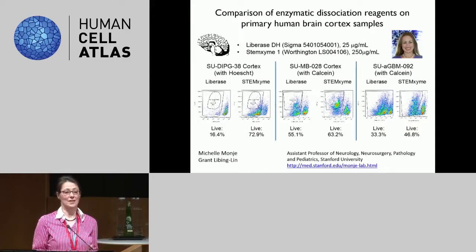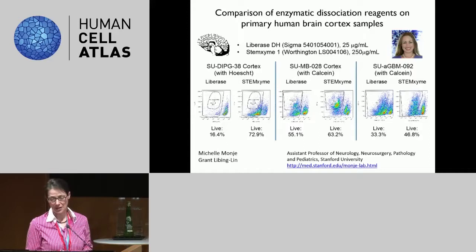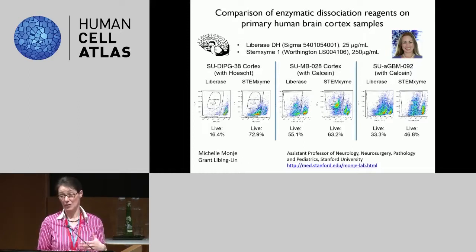And she's not interested in the kidney, she's interested in the brain, but she's been systematically comparing different types of Liberase and had compared the standard one that we were using from Sigma with one from Worthington branded Stemzyme. And you can see that whether she's looking at glioblastoma multiforme samples, so on the far right, or cortical samples, when she used the Stemzyme preparation, she gets an increased number of live cells. And so this is something we're now trying out on the kidney to see if this is applicable in our